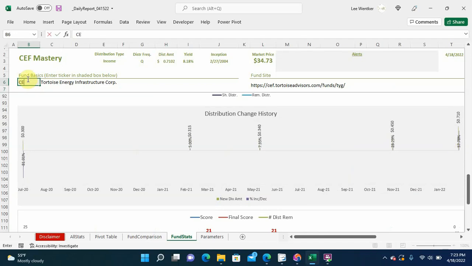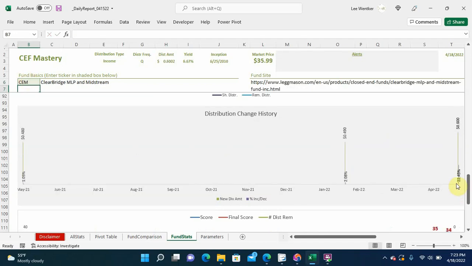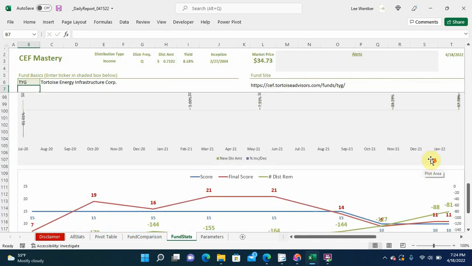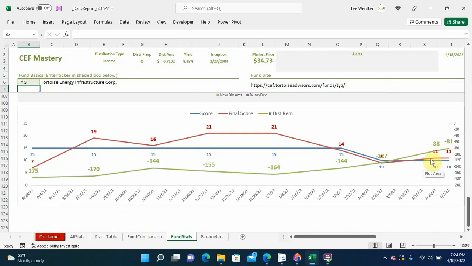Or CEM just increased their quarterly distribution 22.45% to 60 cents a share. Now, while that increase is significant, the yield ultimately only winds up to about 6.67% for CEM and only 8.18% for TYG. The reason these funds have been able to make these significant increases in their distributions is because